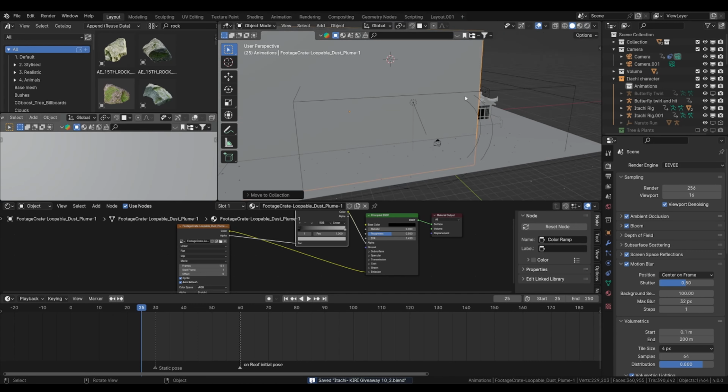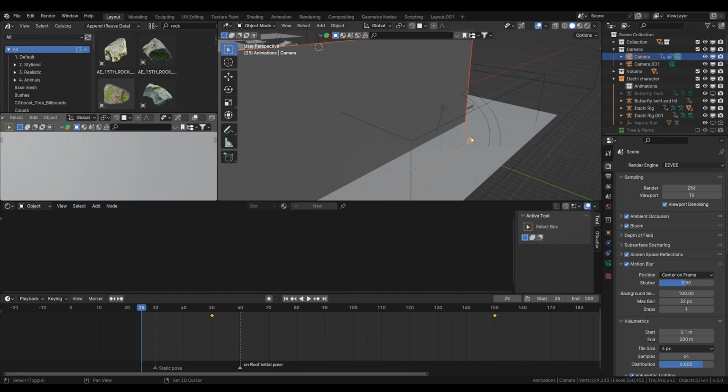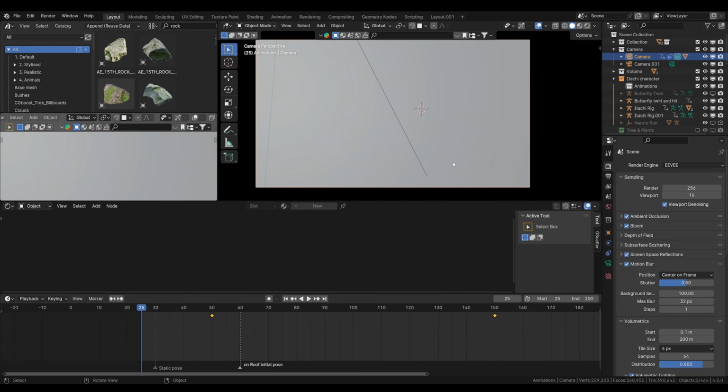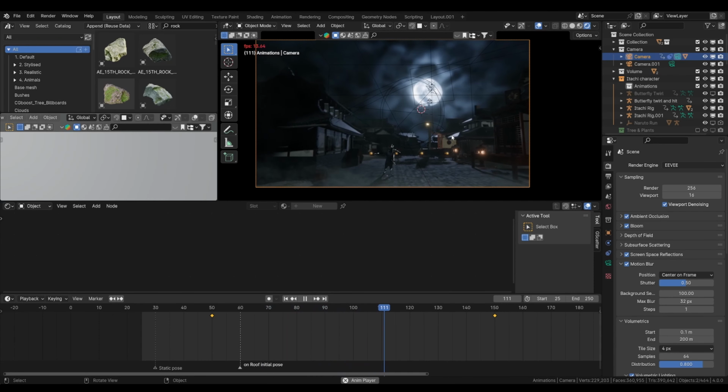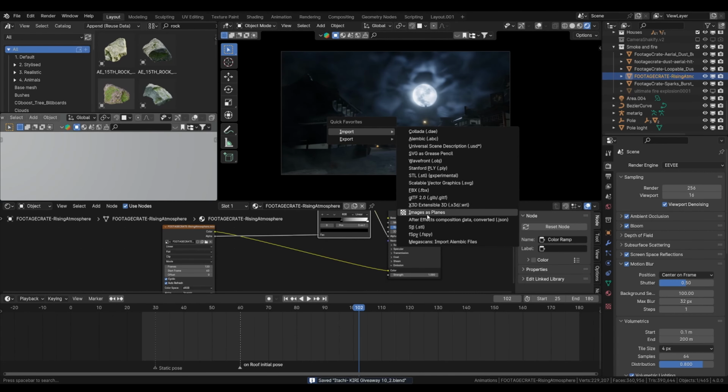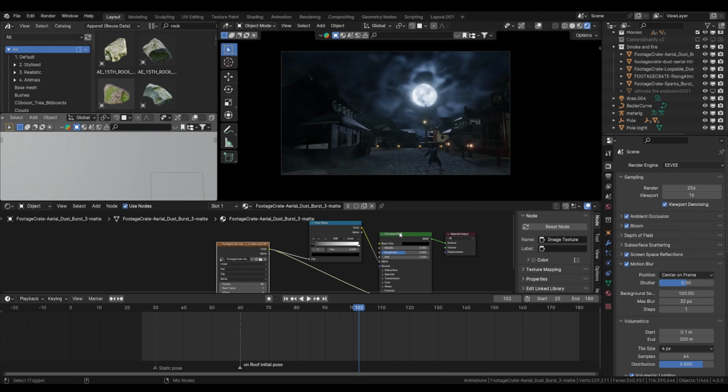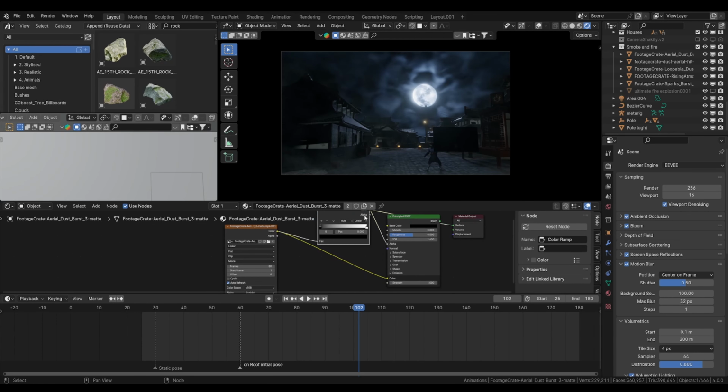What else do we have? A front explosion, not exactly explosion, a front smoke, and parenting this will help us get the smoke together. So yeah, that's pretty nice there. And what else do we have? Let's import some fog and explosion. So another fog explosion, let's say